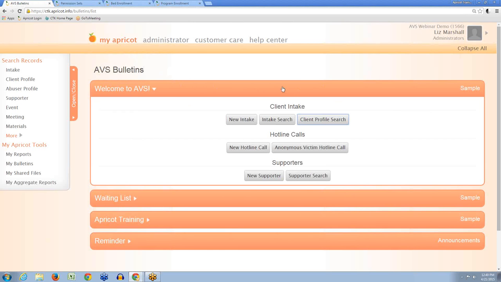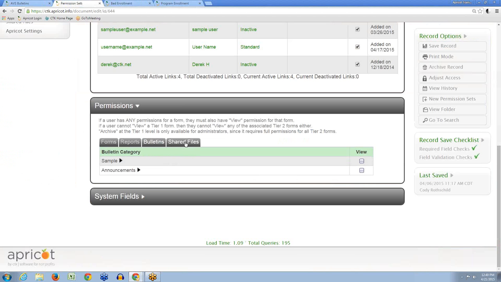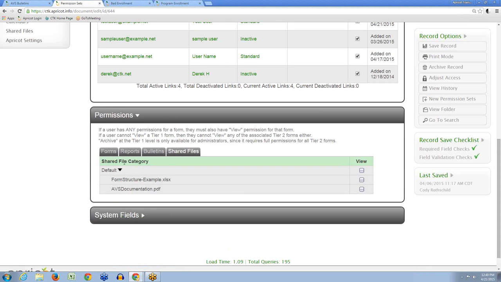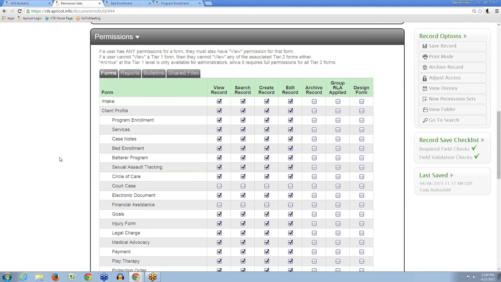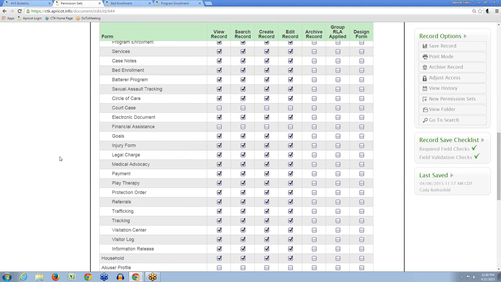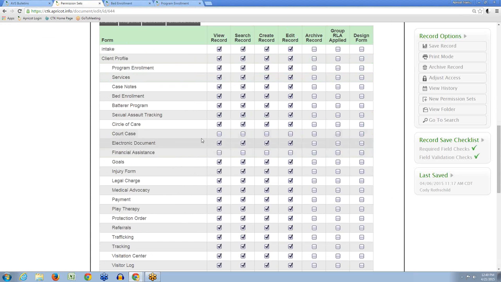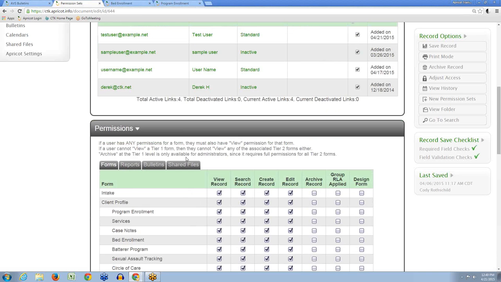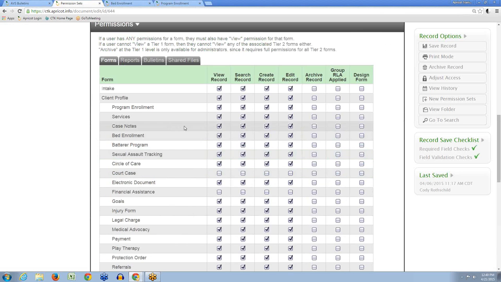So if they can't even see this page, you know that you need to go in and give them permissions to view bulletins. And then lastly, shared files. You can also control their access to shared files. Okay, so when you want to give someone access or take access away, you pull up the appropriate category of access. Say I want to limit someone's forms access, and